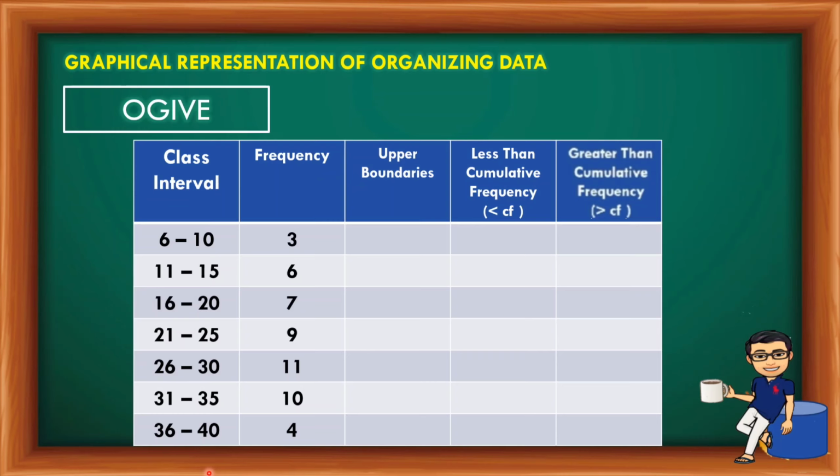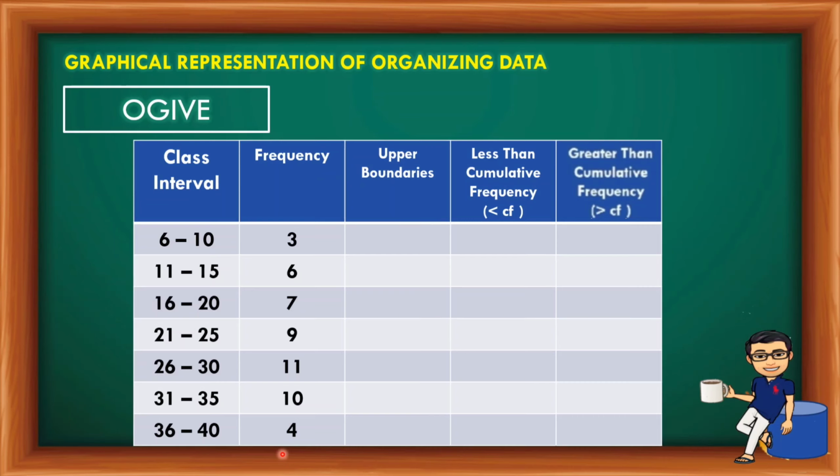So you need to work on with getting the upper boundaries. So yun yung susunod natin gagawin, the upper boundaries. Sabi kanina sa steps, ang upper boundaries, yan yung magiging x-axis. So we need to get it kasi yan yung ilalagay natin sa x-axis ng ating magiging graph. Paano yan makukuha? So, titignan natin itong upper limit. So, ito ang lower limit at ito ang upper limit. So, dahil upper boundaries yung kukunin natin, so dito tayo sa upper limits. At para makuha yon, yung upper limit, 10, ay i-add natin sa